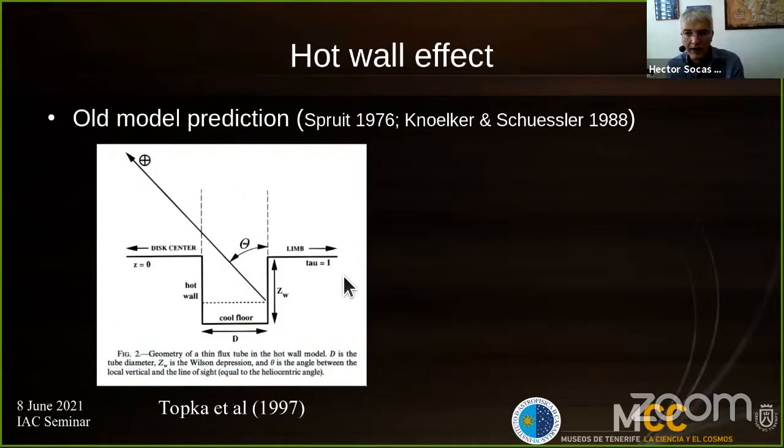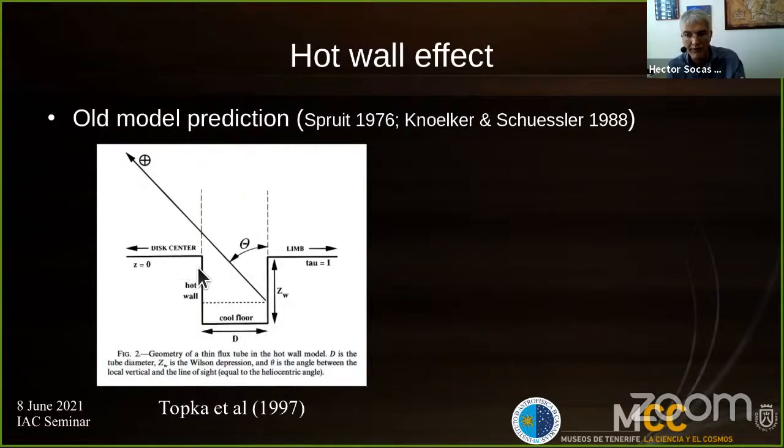And this was an attempt to explain something weird observed in the facula, which is that the facula are brighter than the surrounding surface, but the contrast between facula and the quiet surface changes from the center of the disk toward the limb. And this variation could be explained by this simple model in which you have a magnetic element. The magnetic field is like a vertical cylinder, and because of the presence of the magnetic field, this cylinder is partly evacuated. So the gas density here is lower, and so is the temperature. And because this is partly evacuated, there's a